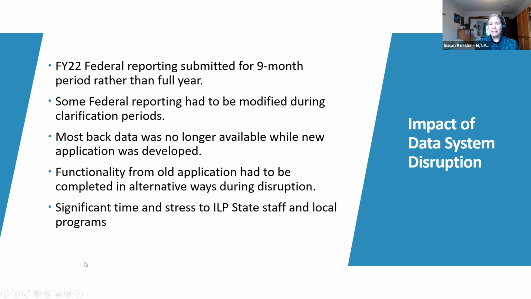So how that's really impacted us as a state, not having our data available to us, we were able to modify some of our federal reporting. So this is something I wasn't aware of, but we were able to submit a partial year of SPP APR data. And that's just something good to file in the back of your head in case you ever lose a chunk of data. You can make a case for submitting a partial year.